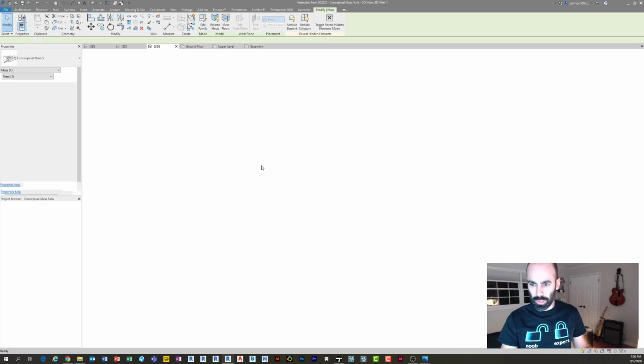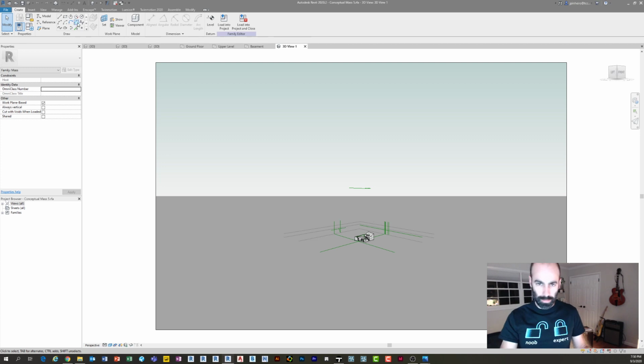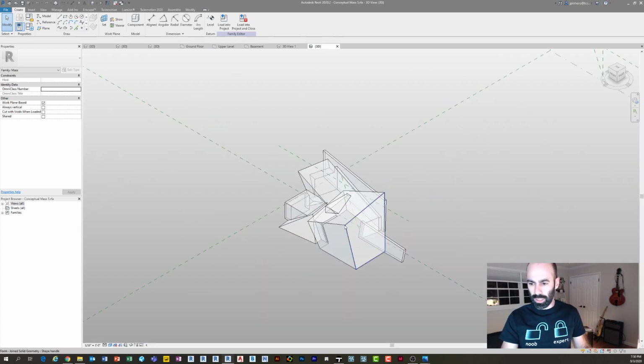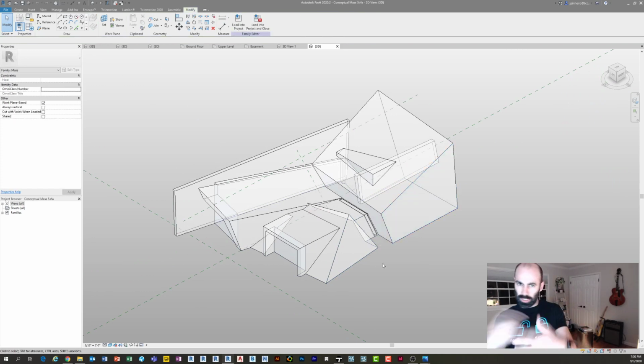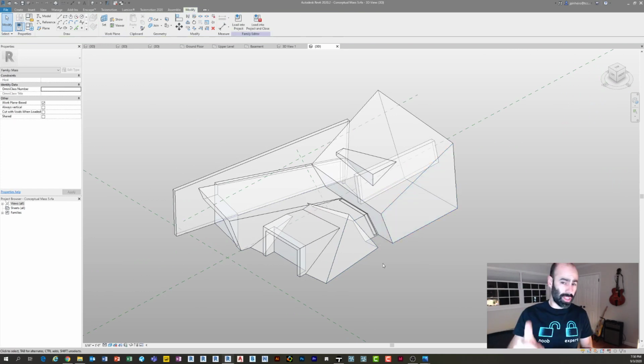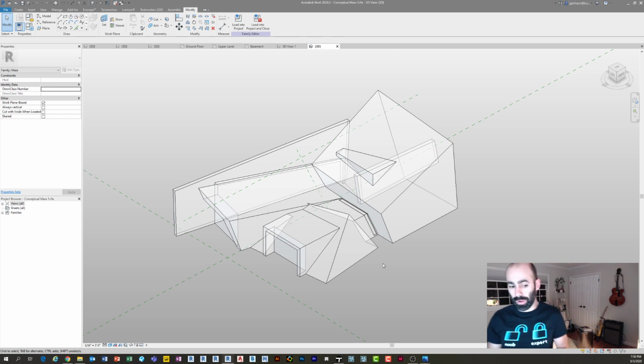Okay, so when you are doing this, and this isn't entirely true now because we do have the options of slanted walls in Revit. Also, don't forget this is 2011 Revit. So I don't even know when massing came into play. Maybe this is one of the first years it came into play. I don't even remember. But either way,